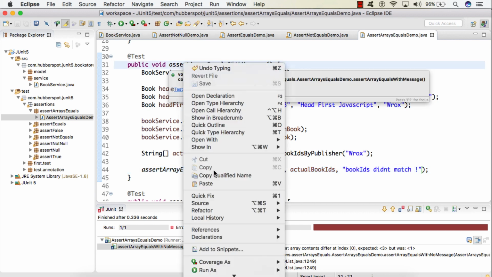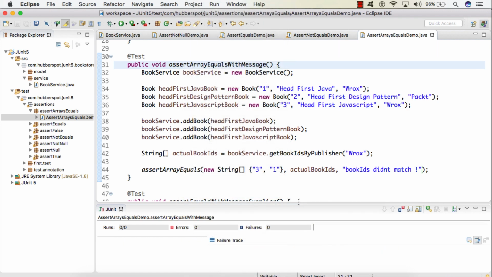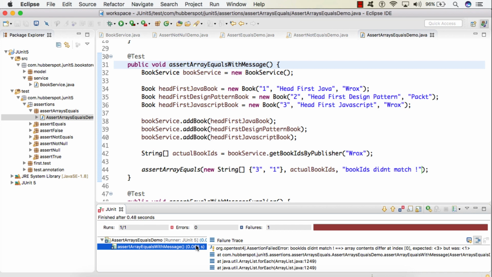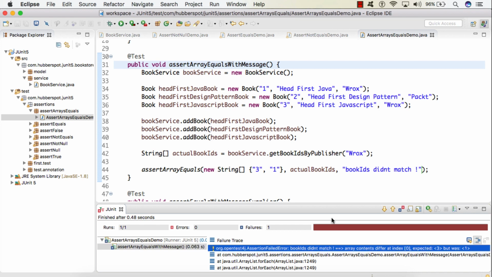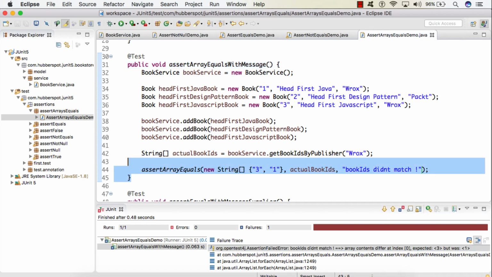So let's run this test case. Here you can see the test case failed with an assertion failed error, and it printed our customized message saying book IDs didn't match, and it printed the default array contents differ at index 0, expected 3 but was 1. So this was the second overloaded method of assertArrayEquals.